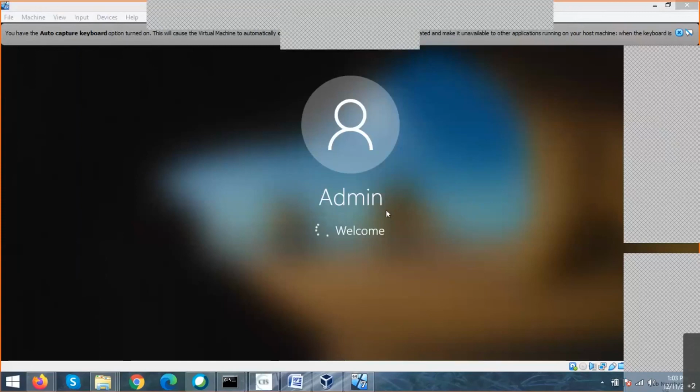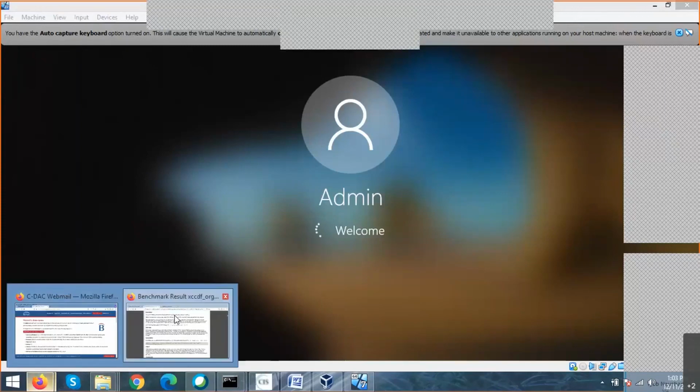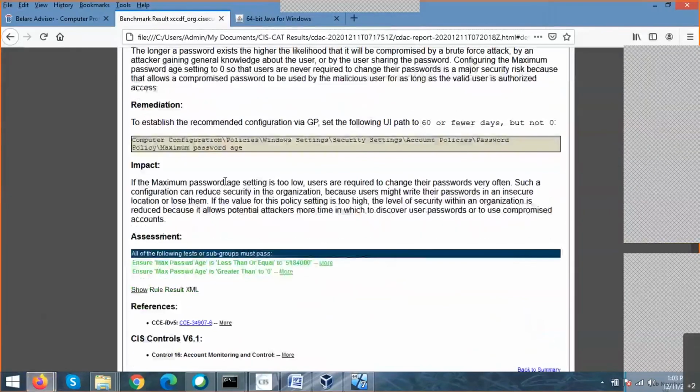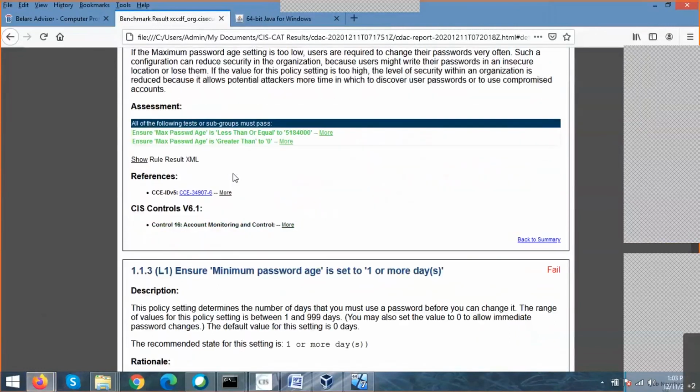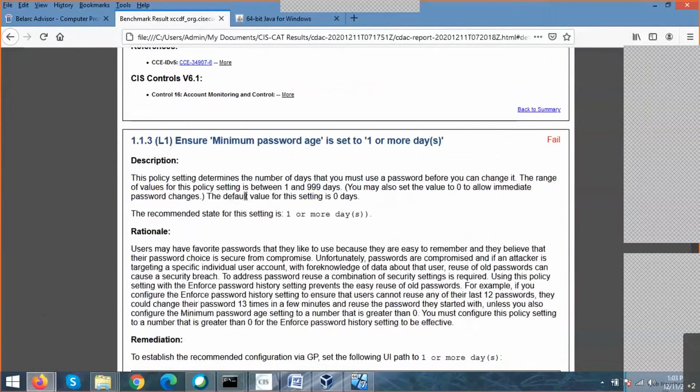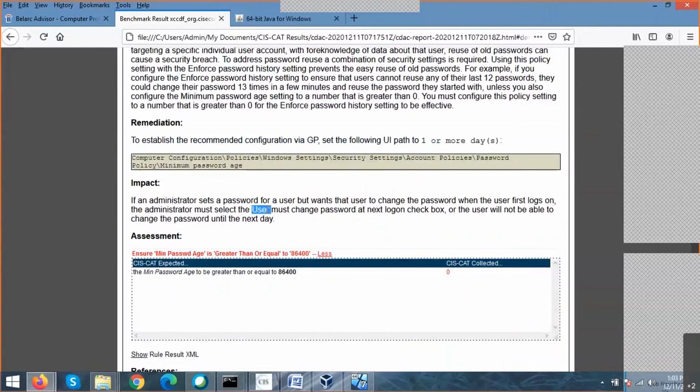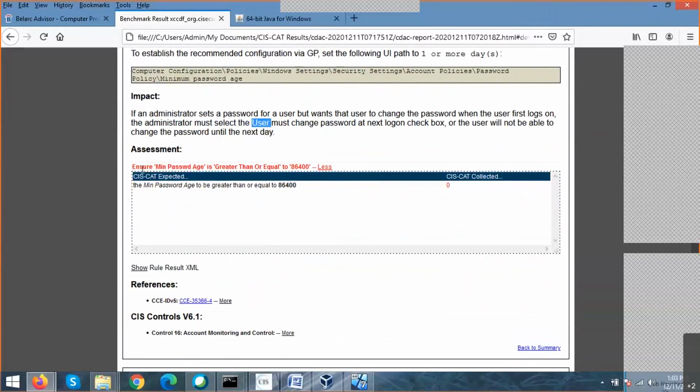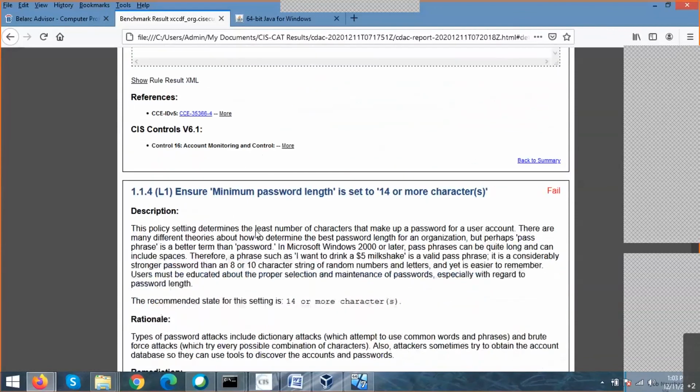So you can just see the steps one by one. A lot of things are there on how you can implement these computer configuration policies. Enforce minimum password history is set to 1 or more days, because in my case it is 0, maybe I configured it to 0, so that's why it failed. Here you can see the configuration, the impact level of this item, and the assessment you have done. You can take this when you go to audit any ministries, and keep it as a proof of concept under your report.